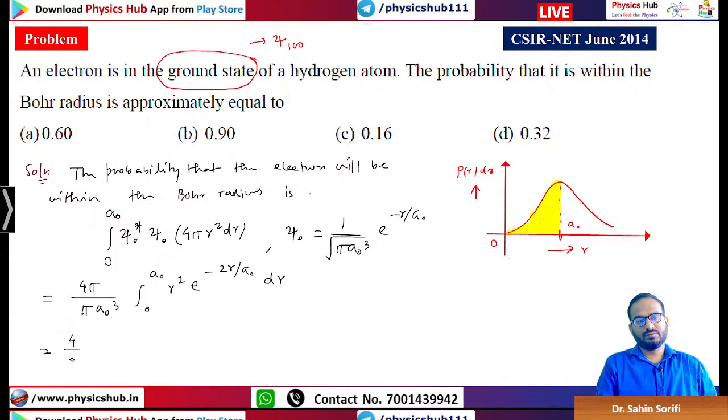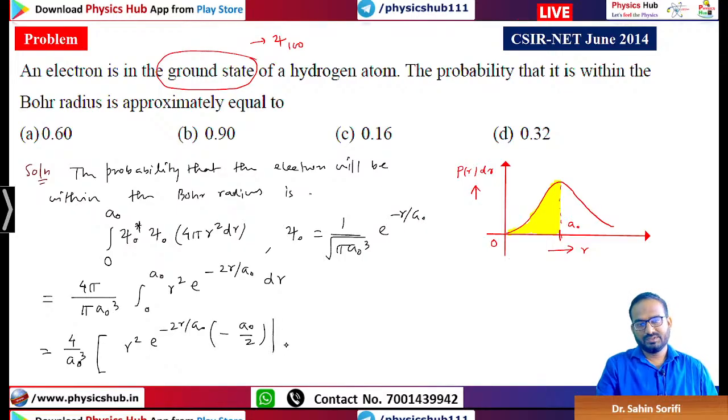Now you can do it by the method of integration by parts. Integration by parts you can use to calculate this one. u v, so u integration v dv: r square, e to the power minus 2r by a naught divided by minus 2 by a naught, so minus a naught by 2, limit 0 to a naught, minus integration of du dx, integration of this one is